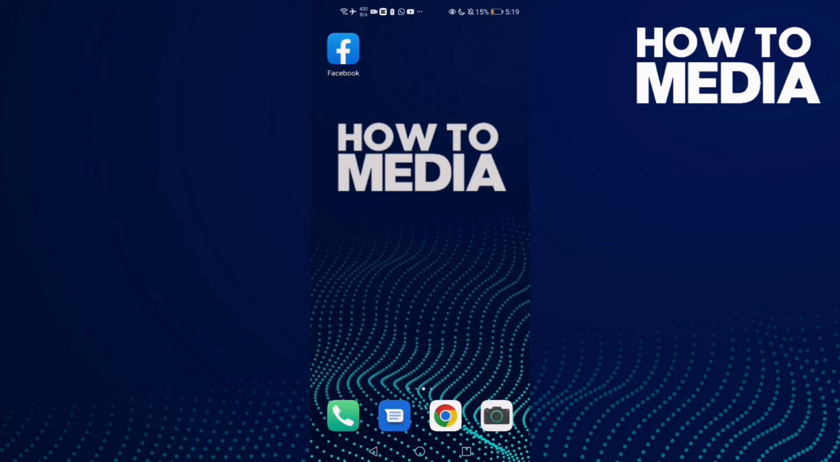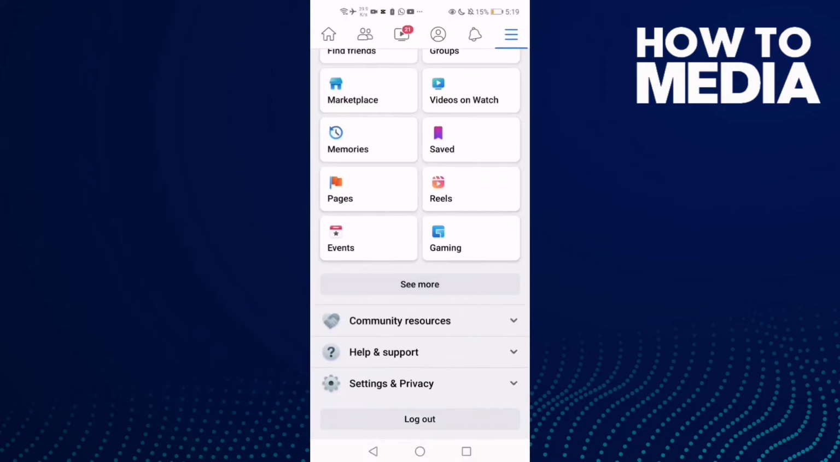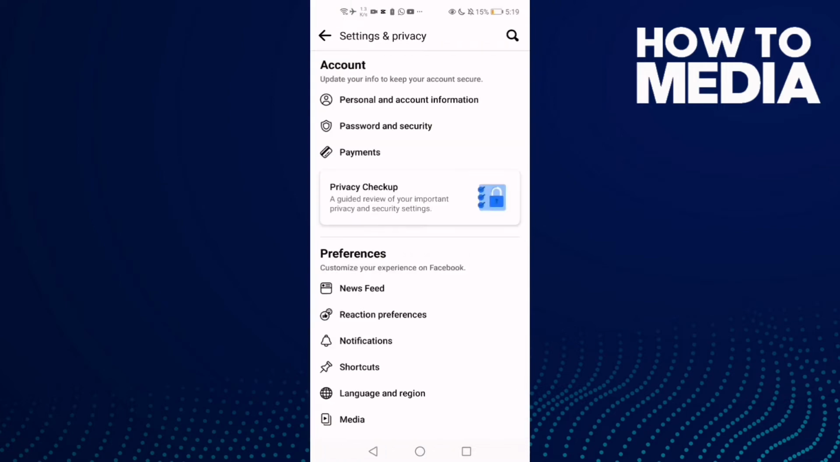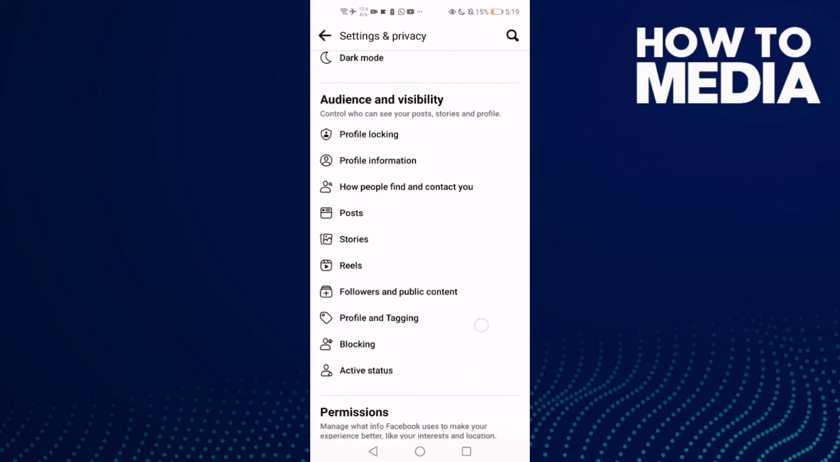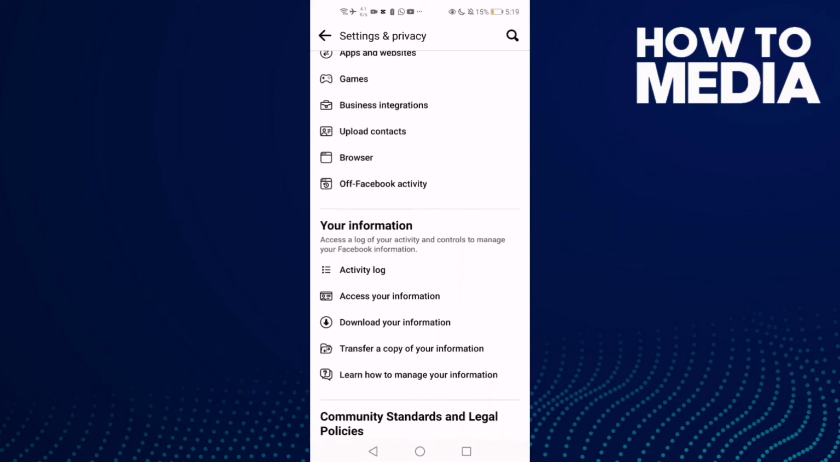First thing you're gonna do is go to Facebook and then click these three lines here and go down until you find settings and privacy, and then click settings here, and now just go down until you find activity log, click on it,